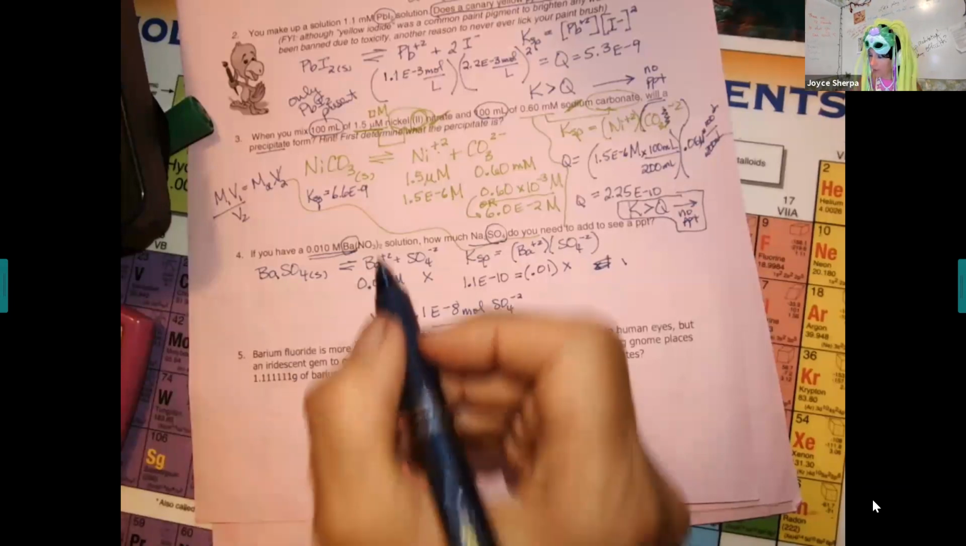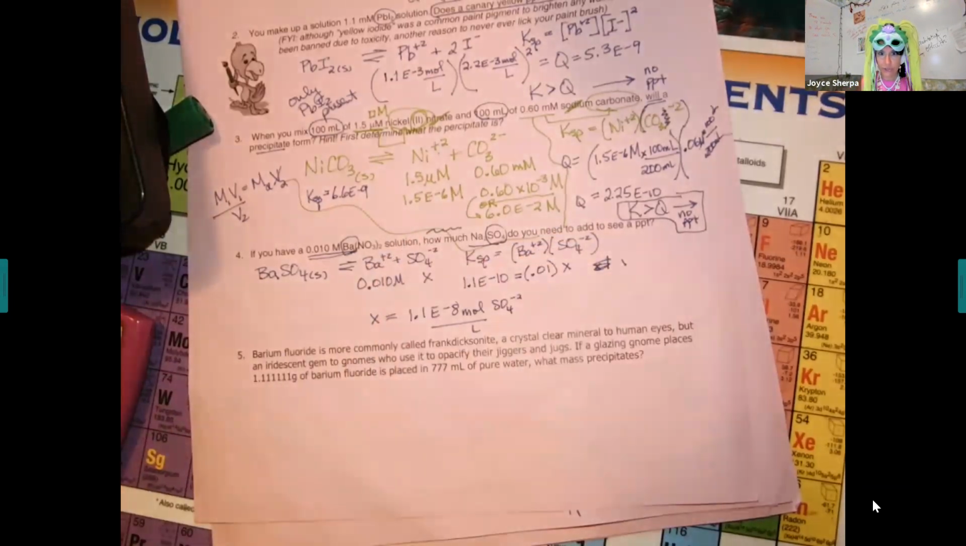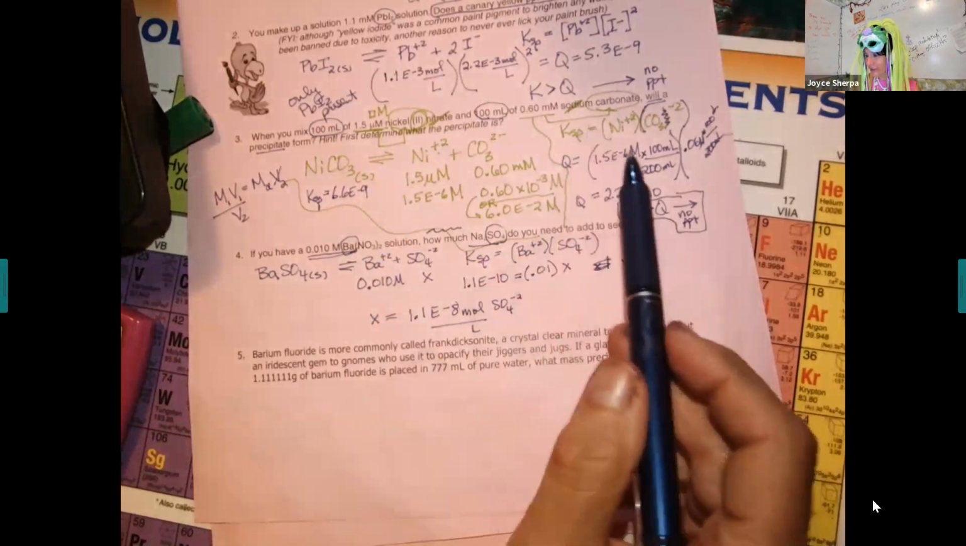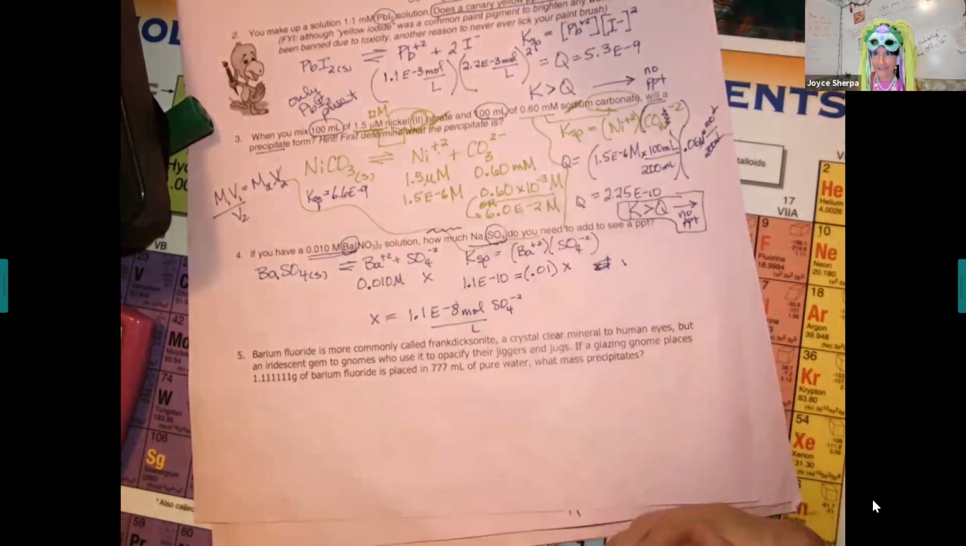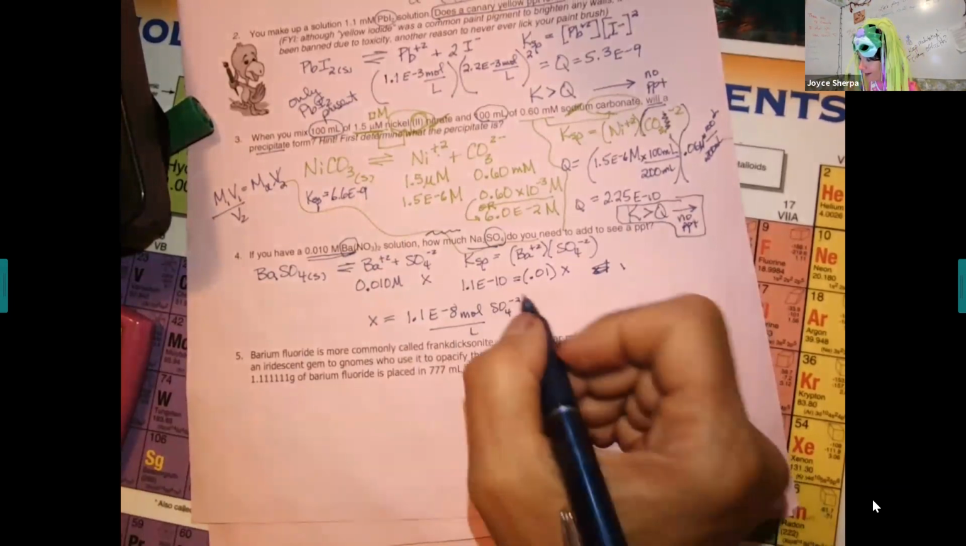This is not a Q problem because it's asking a how much. It's asking for a number. So again, Q's are, do you see a precipitate, not how much precipitate. On the next one, see the difference, what mass precipitates. So I'm going to show you how to do that. All right, this